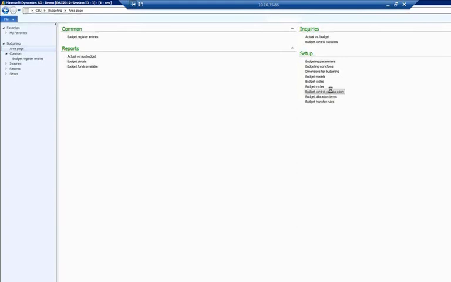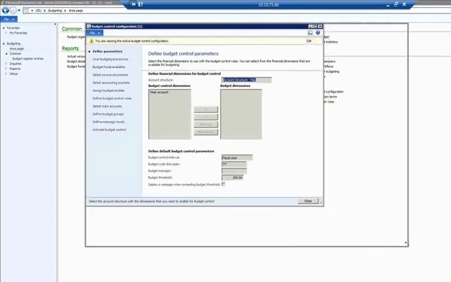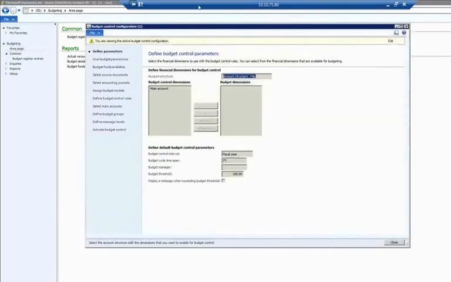Budget Control Configuration. The budget control configuration form has the following fast tabs: define parameters, over budget permissions, budget funds available, select source documents, select accounting journals, assign budget models, define budget control rules, select main accounts, define budget groups, define message levels, and activate budget control. So let's talk about the options and the implications of these options for use in budget control in Microsoft Dynamics AX